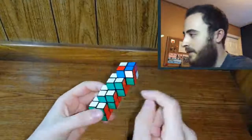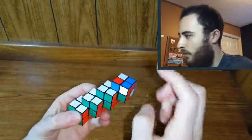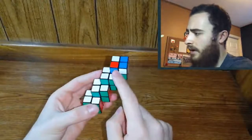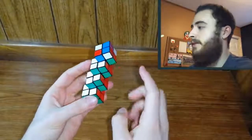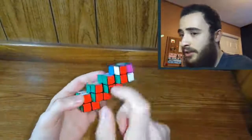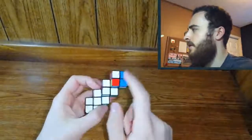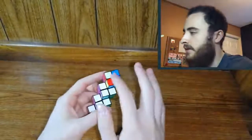Regardless, if I came out of that with any tips, it would be make sure you treat whatever's hanging off as its own one piece, and treat it as you would treat any other piece, solving just a 2x2, and that should keep it out of the way, but keep it in mind because it's a tricky piece. Regardless, we solved this one. We're on the last, which should be a little bit of an easier piece since it is just a fuse at one end. I think I'm going to make this the white face, the last layer that we solve,